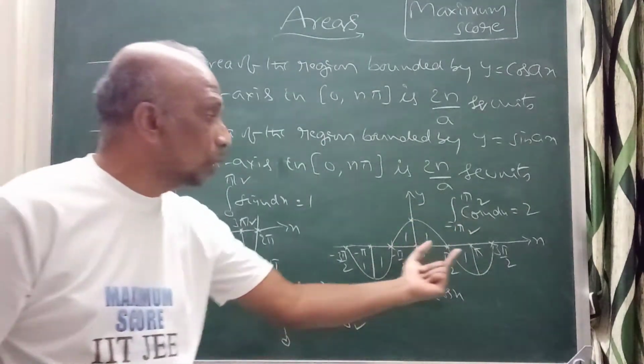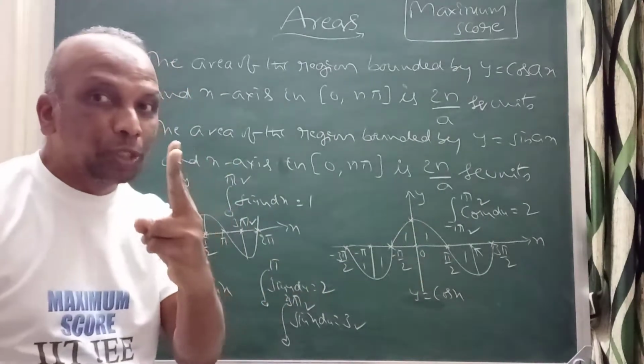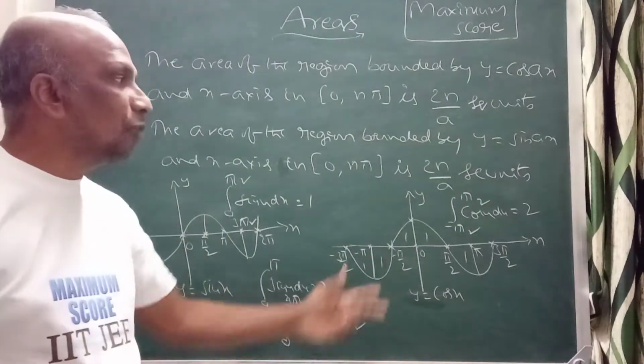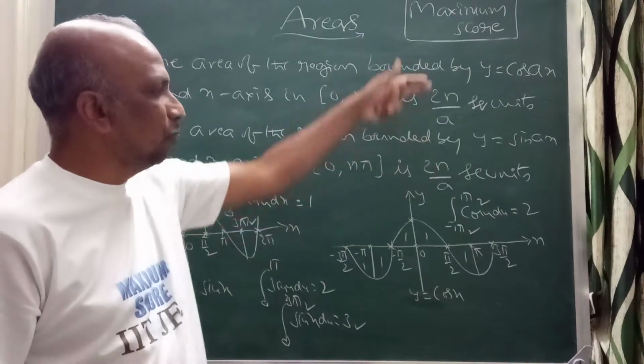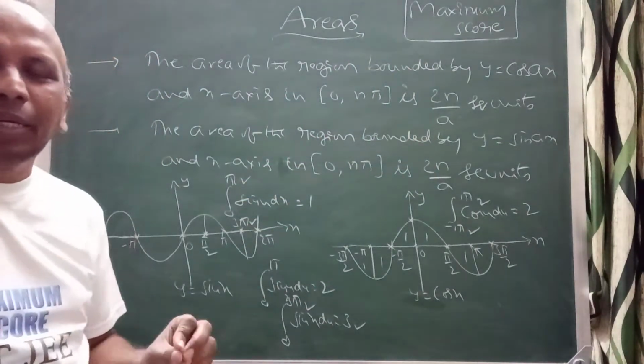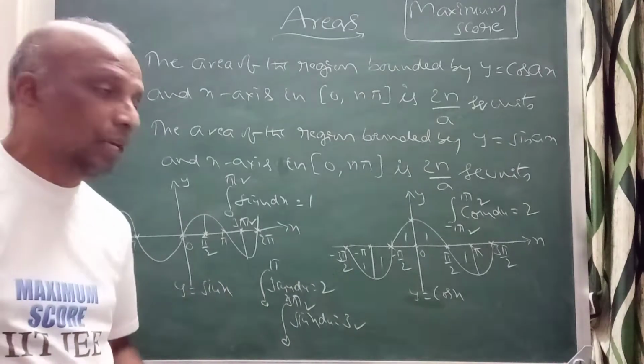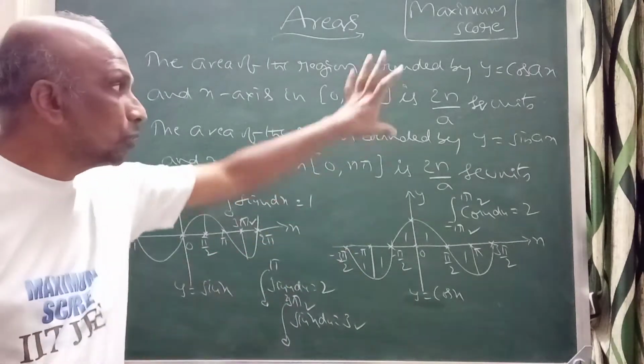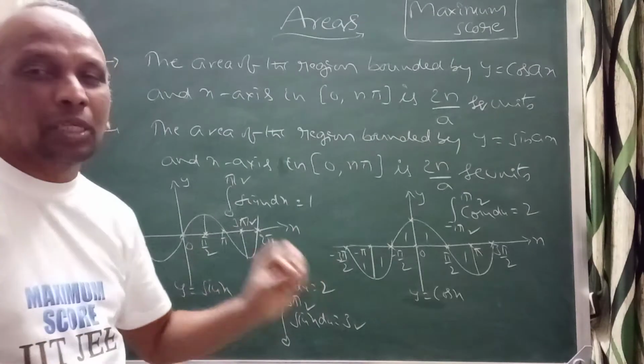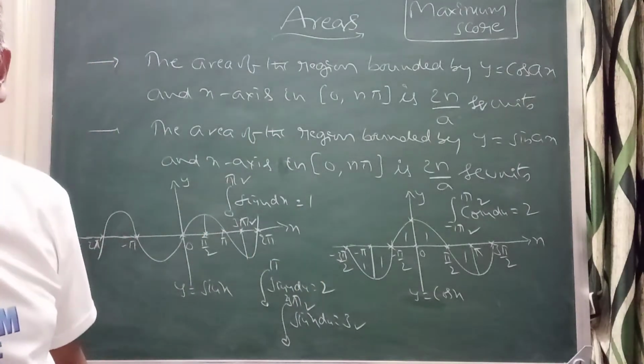So you can see what the boundary is that they are asking. Along with the boundary, you can easily do that. Each loop always has 2 units. Like that you can find it. You can even remember a standard formula like this to decide the area of the curve y equal to sin x or cos x along with the x axis. You can use this formula or remember it like this, and find it easily.